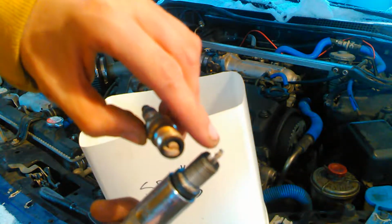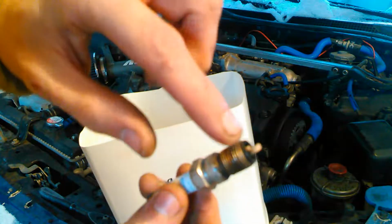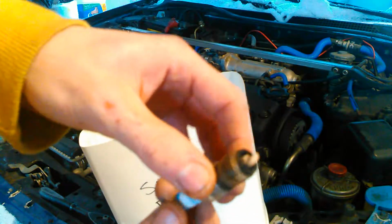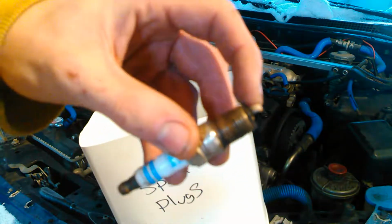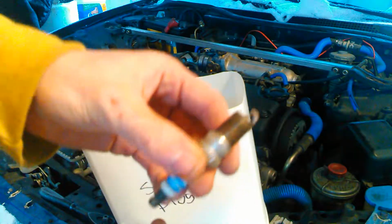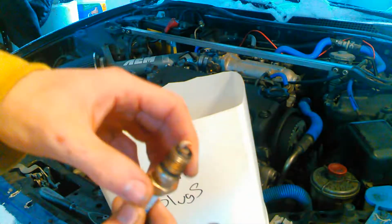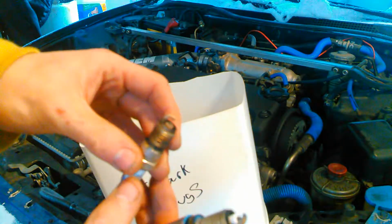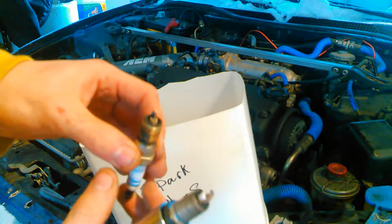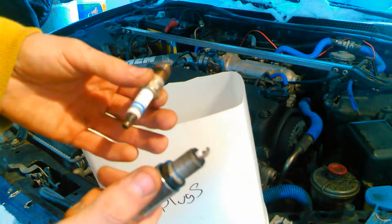this one hasn't really developed a color yet, but what you're looking for is a nice tan color. This one is kind of white and chalky. That means the engine was running lean. It's getting too much air versus fuel. Not sure what this one came out of, can't remember. But if it's really black, that means your engine's running rich and you're getting too much fuel and not enough air. Both ends of that can lead to a lot of problems and set off some codes